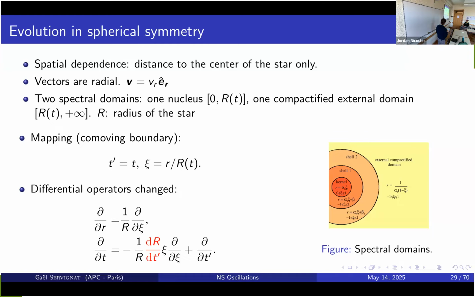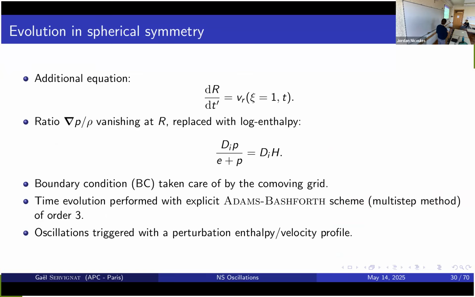And what we do is that we say that in this kernel, psi will be modulated by the radius of the star, which means that the differential operator has changed, which makes this derivative of the radius appear. And you have to add this equation. And then what's cool about this is that if you know the radius at some time, you will know it at the next time. So you know it throughout the whole simulation.